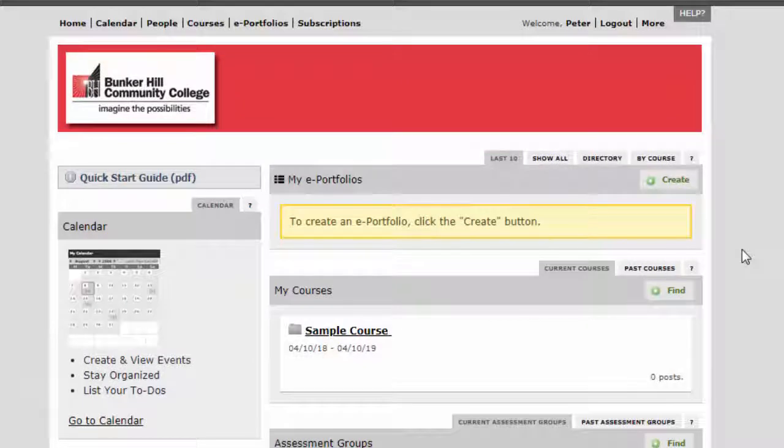Let's begin building your ePortfolio. If you're building this portfolio on your own, you can get started by clicking the Create button on the right. But if you're using this as part of a course, you may need to find the course page first. You'll want to check with your professor to see if they're using a course and a template for your class